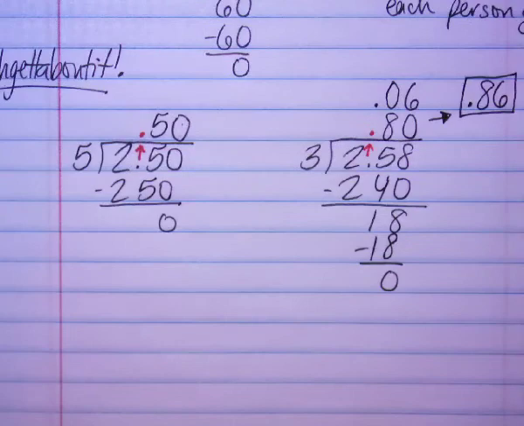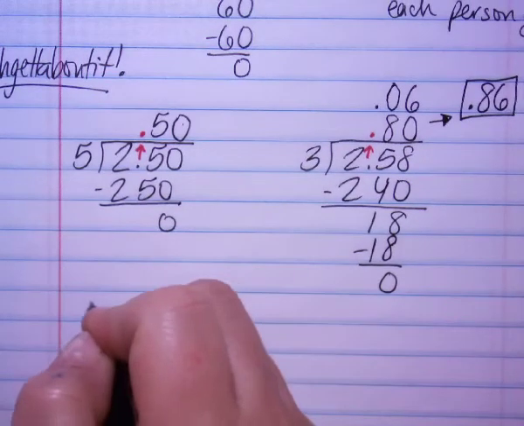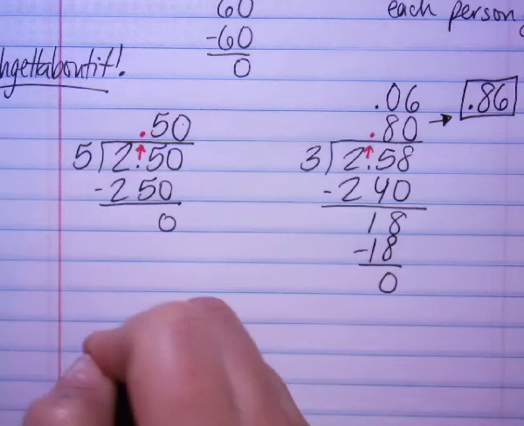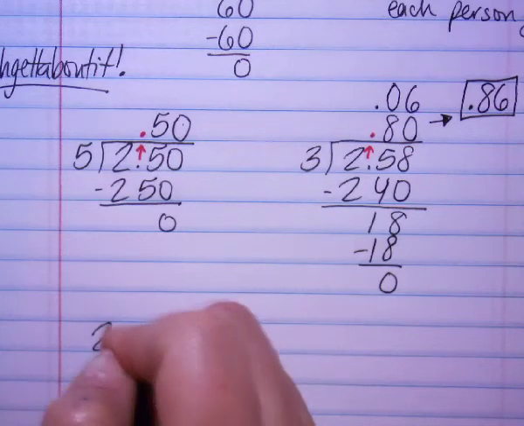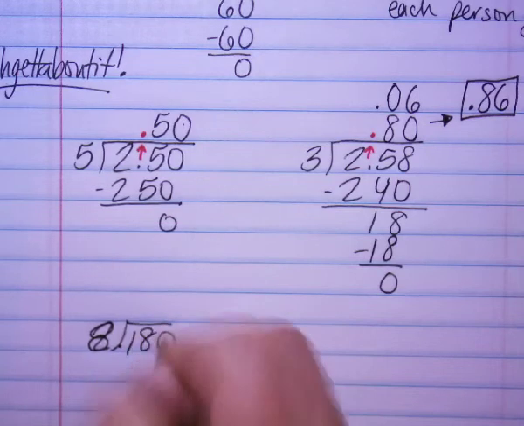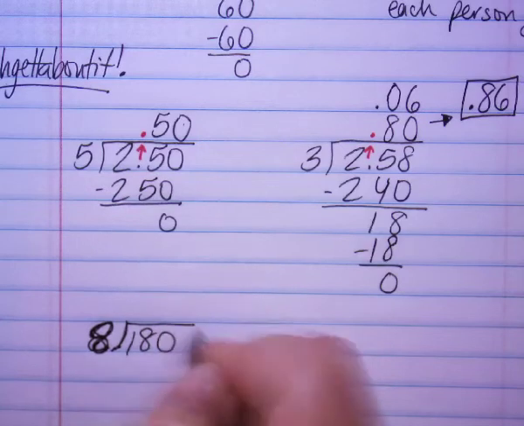Okay. Here's another one. 2, let's see, I'm going to put down just a little bit. 2, oh, no, I'm sorry, I just did that one. All right, let's do 8 into 180. Okay, so now this one's a little bit different because, you know, we live in a world where things don't easily divide,